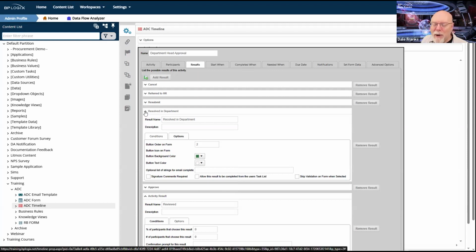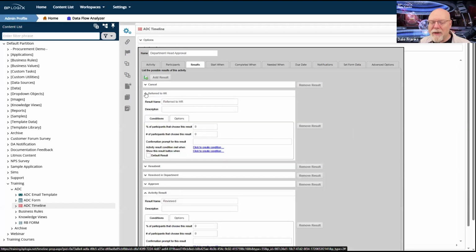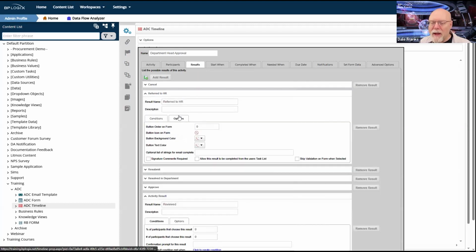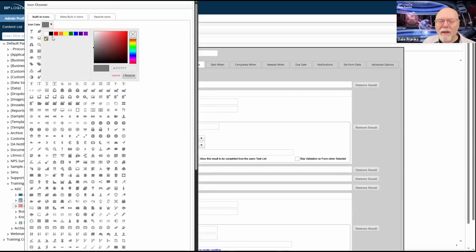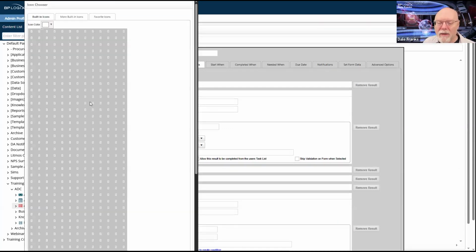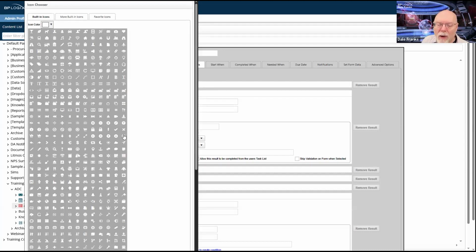If it's got to be referred to HR, it's not something I can resolve in the department. So it's not really a positive, and technically it's not negative either. It is more positive than requesting a resubmittal. So I think if it's referred to HR, that needs to be button order number 3. And then, of course, we're going to have to configure all of the stuff here. So once again, we'll go with white there. If I'm going to refer it to HR,